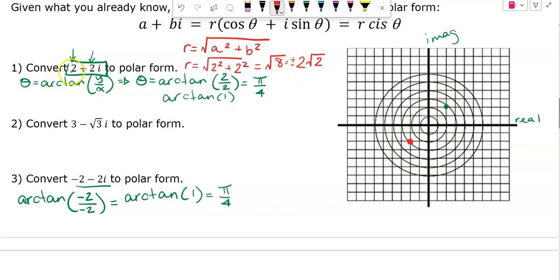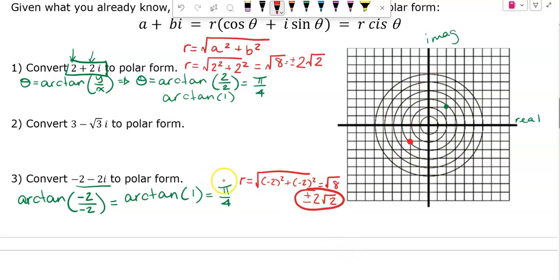Well, since it's 2 plus 2i, negative 2 minus 2i is going to get me the same thing, but I'll go ahead and show you that. We would do the square root of negative 2 squared plus negative 2 squared. And that still gets me the square root of 8, right? And the square root of 8 is still plus or minus 2 square root 2. So